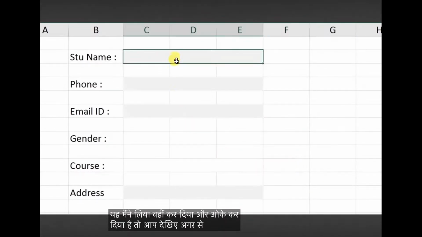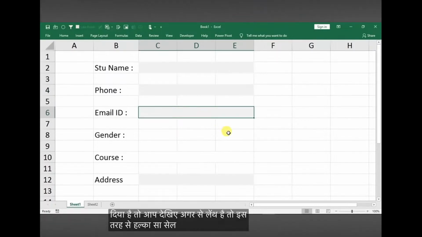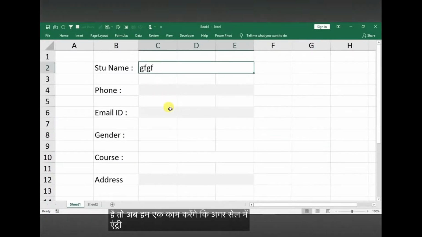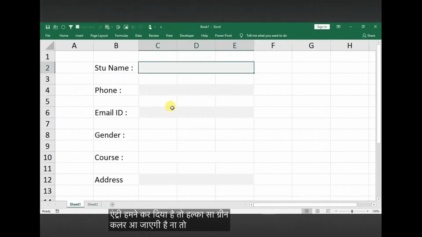तो अब आप देखिए अगर सेल ब्लैंक है तो इस तरह से हल्का सा सेल हाईलाइट रहेगा। अगर यहां पे आप एंट्री कर दोगे तो ये देखिए सेल नॉर्मल हो गया, क्योंकि ये जो कलर था वो हट गया, क्योंकि अब ये सेल ब्लैंक नहीं है। तो अब हम एक काम करेंगे कि अगर सेल में एंट्री हमने कर दी है तो हल्का सा ग्रीन कलर आ जाए, है ना। तो मैं इसको डिलीट कर देता हूं, फिर से हम